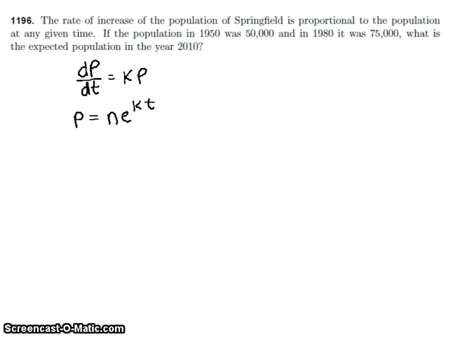The population in 1950 was 50,000, and in 1980 it was 75,000. What is the expected population in the year 2010? So those first two things that they gave us are points that are going to help us find k. So 1950 and 1980, they're going to help us find that. So 1950, we're going to consider our initial value. That's where we started. That's our original value. So that's going to be N. So 50,000